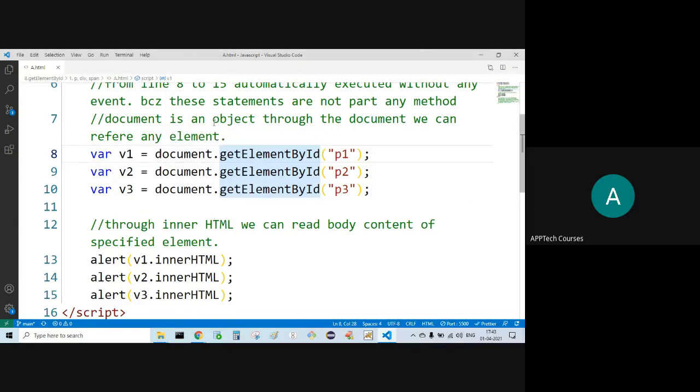In this whole document, I'm getting the element. How am I getting the element? Getting the element by ID name. ID is what? P1. That I'm storing inside V1. Likewise, P2 and P3, both are saved as V2 and V3.